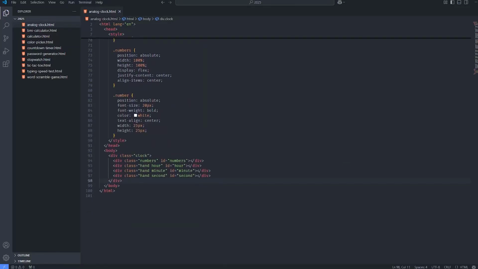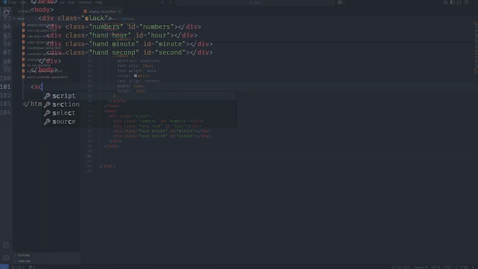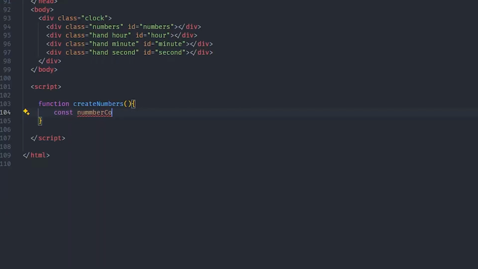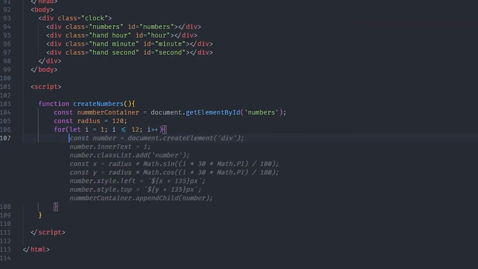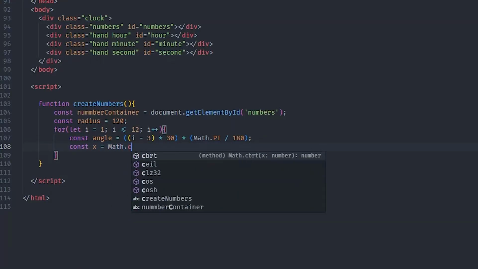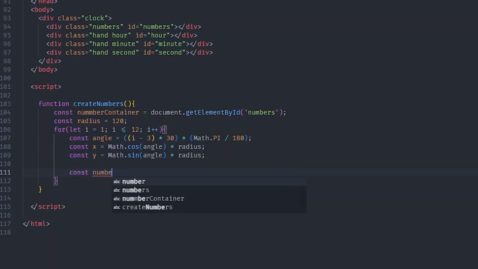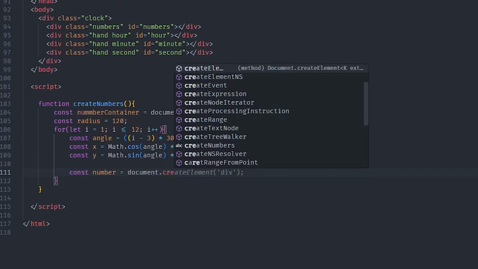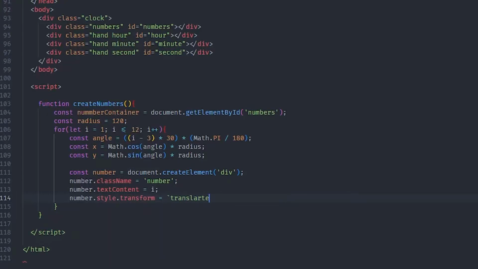Next, let's dive into the JavaScript functionality. We start by calling the createNumbers function. This dynamically generates the numbers 1 to 12 and positions them correctly around the clock face. The key calculation here is using trigonometry, with Math.cos for the x position and Math.sin for the y position. The trick to properly aligning the numbers is adjusting the angle by subtracting 90 degrees from the normal circular layout. This ensures that 12 is at the top, 3 is on the right, 6 is at the bottom, and 9